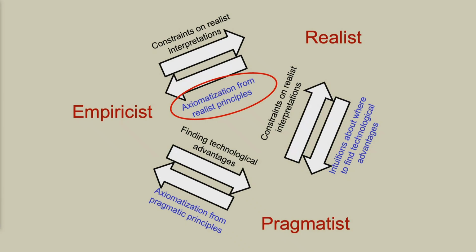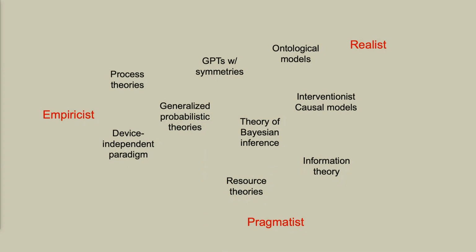Okay, so for this afternoon, I want to focus now down on this third spot on the diagram, which is pragmatic approaches and what they can do for the foundations of quantum theory. And so I'm going to look at a framework known as the resource theory framework. Right, so if you remember, I had this graph of a number of different frameworks, and down here, close to the pragmatic end of the spectrum, I had resource theory.